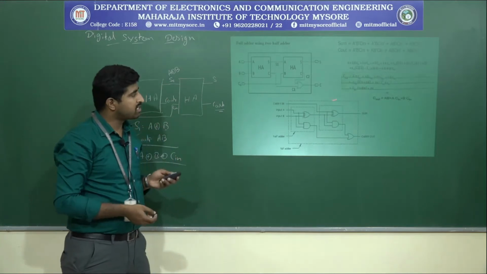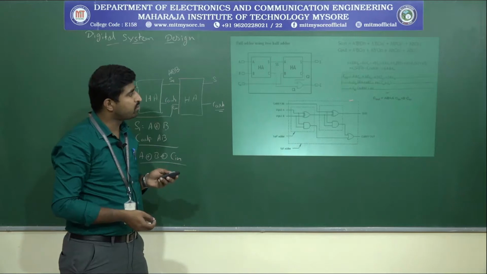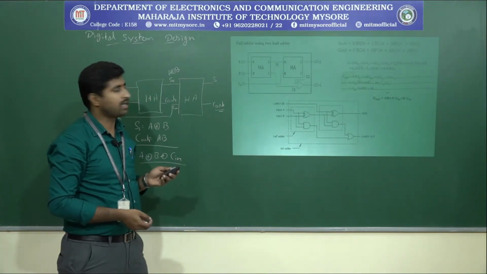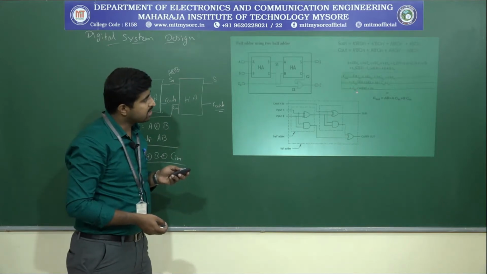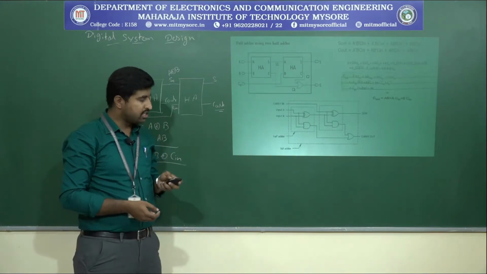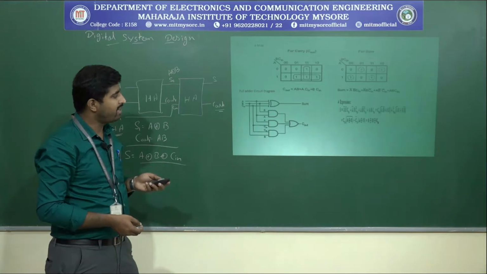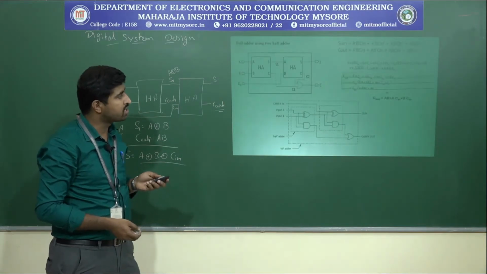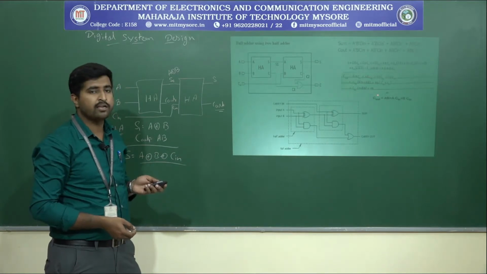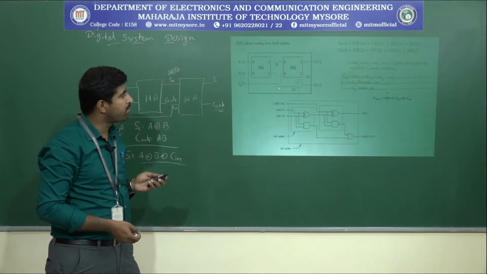That equation has been implemented here. To implement C out, we have used this equation when connecting the two half adders. So how are we going to get this C out equation? The expression is got from Boolean simplification. Instead of going with the K map simplification, if we simplify directly through Boolean equations, we get the expression C out equals C in into A XOR B plus AB. This expression is implemented here.